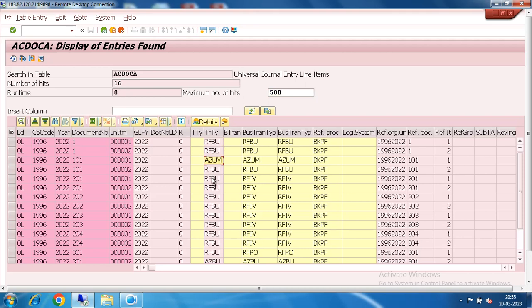See, there are different transaction types. These are really the CO transaction types. When asset accounting information will be there, then this column will be there. And see, header information is also here, BKPF. If we click on the BKPF, then pertaining to this particular line item, what is the header data, that will